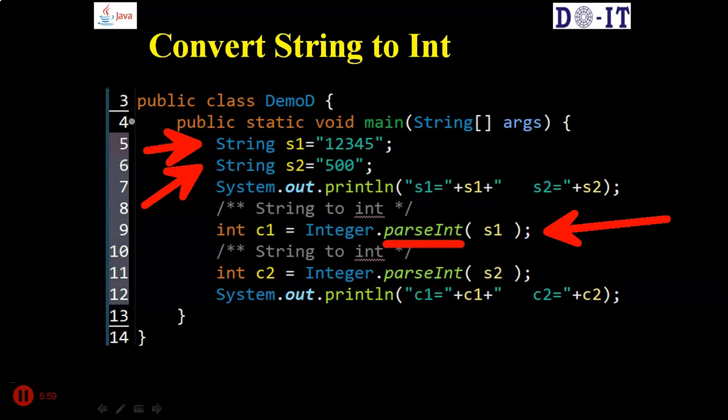Integer is a class that has a static method called parseInt, and by calling that parseInt method, you can convert the data in S1 from string to number. So now C1 will contain the value 1234, but as a numerical value. The same is true with S2. We convert the value 500 in S2 into an integer. So C1 will be a number, C2 will also be a number. So when you add C1 and C2, technically an additive operation will take place here.